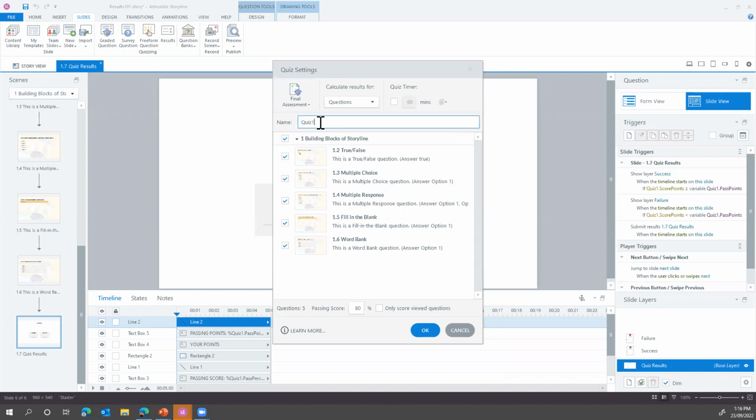Now, another new feature to Storyline 360 is the fact that you can name your quiz at this point. Okay, now what this is actually going to do is it's going to name the variables. So remember, I mentioned that different variables are created when we add our results slide. By putting a name in here, what it'll do is it'll rename those variables based on the name added. So you can just go in and put in